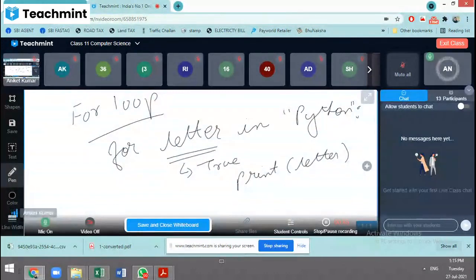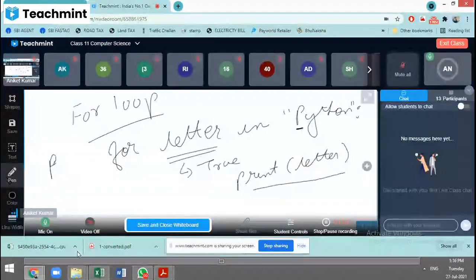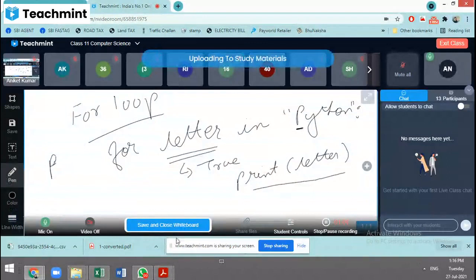So at first it will check for this one, P. It checks for a character, it finds P, which means it is true, the character is there. That is why, when the condition becomes true, it will print letter. So it will print P. If I go to coding,